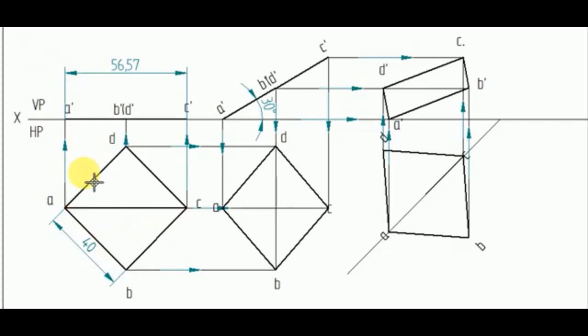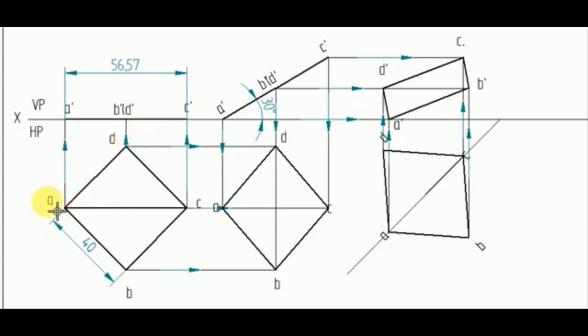Take a 45 degree line on both the sides, cut it by 40 mm distance. Then from your divider, take 40 mm distance from point B and cut that horizontal line. You will get another point C. Then join that C point to a D point. Simple construction. A square which is resting on one of its corners. Very simple.